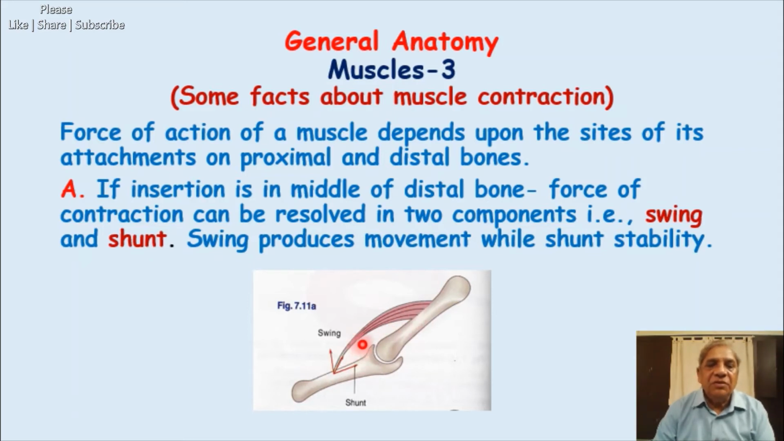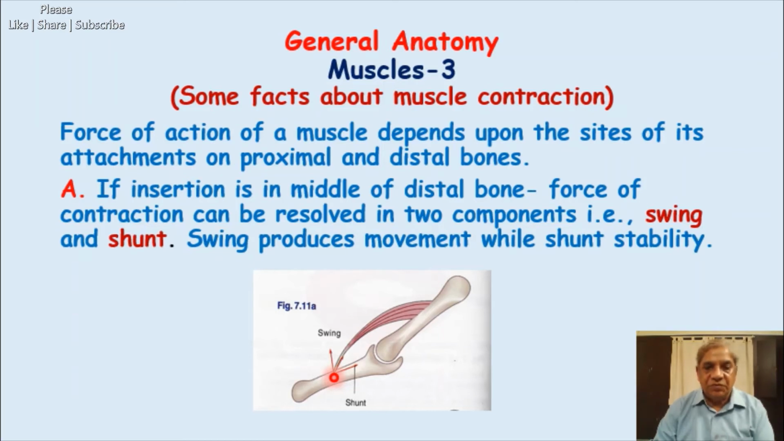Okay, now when this muscle contracts, it will pull this distal bone, that means the ulna will be pulled towards the humerus in the movement of flexion at the elbow joint. Now when these forces which are acting on the ulna in the middle of the ulna can be resolved